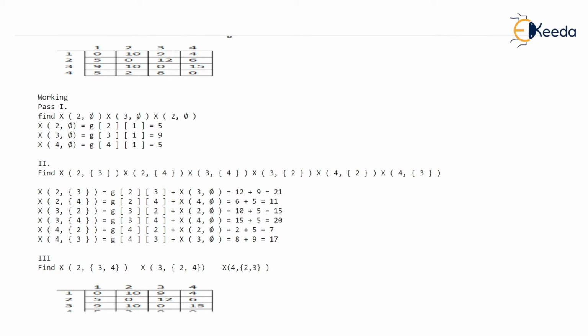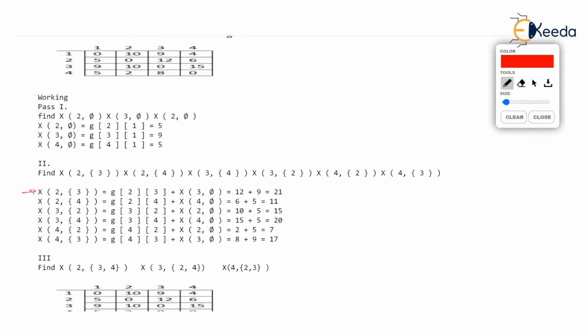So I hope you have understood these formalizations. Check this. We are finding X23. Remember, the cardinality of the set S is just 1. So what is X23? Go from 2 to 3, that is g23, plus. Finally go from 3 to 1, but 3 to 1 is given by X3 null set. So g23, I have referred the graph, is 12. 12 is added with X3 null set, but I have not referred the graph. I have referred to the value which I have found here, which was 9, and 9 is added with 12 to get 21. Similarly, I have seen all these values.